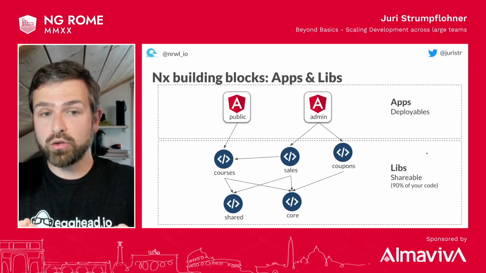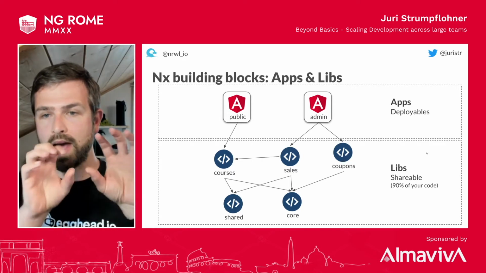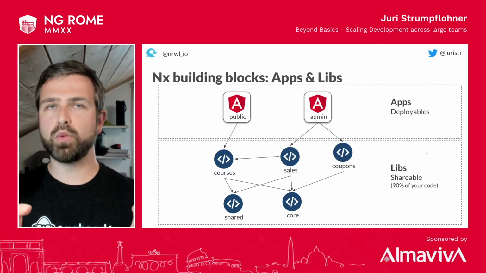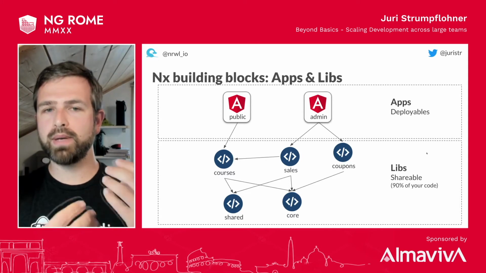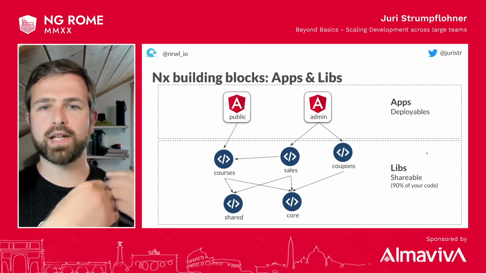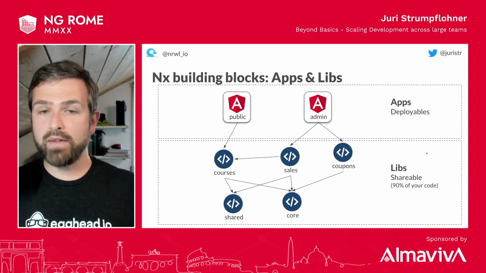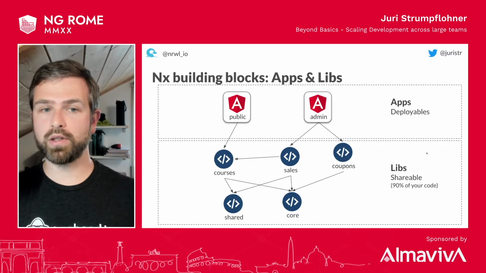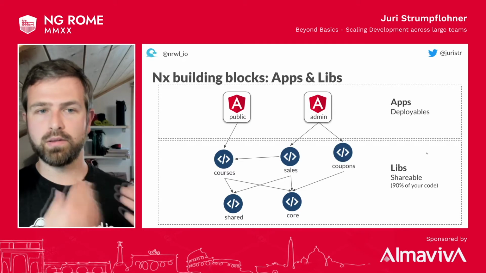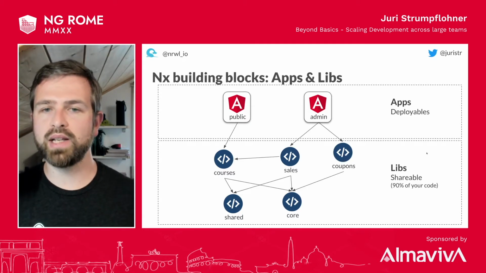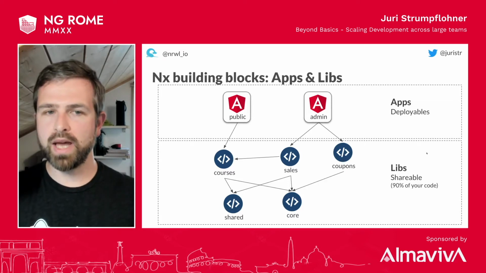You can also now see how you can deploy these in a different manner. Because the applications in NX are really just deployables. They are the ones that reference the libraries, you build them, and you get the output in the dist folder, which you then copy over into the production server for hosting. And now having two different applications, you can also scale them differently. You might scale the public one a lot more because the majority of users land on that part, while the administrative part is a couple of people using it for managing the whole application.